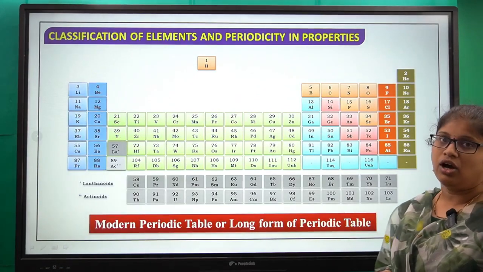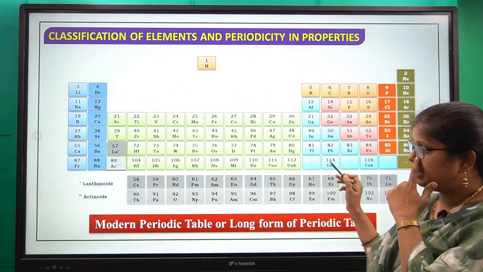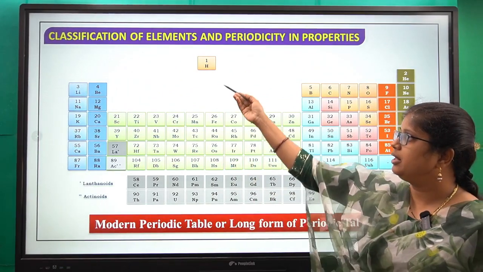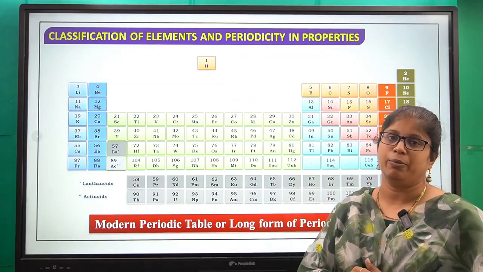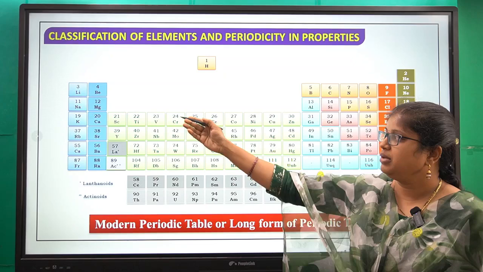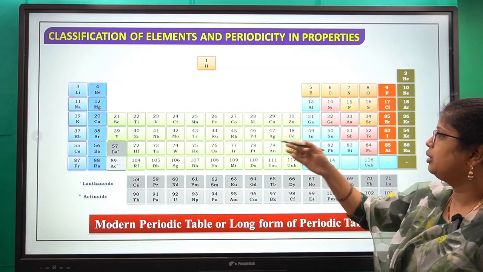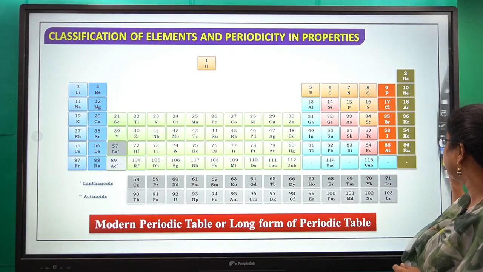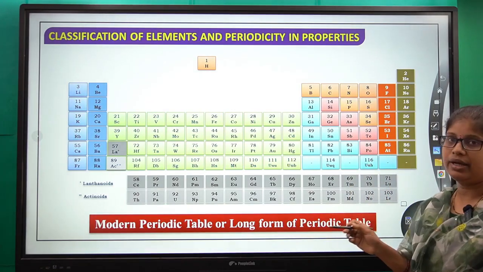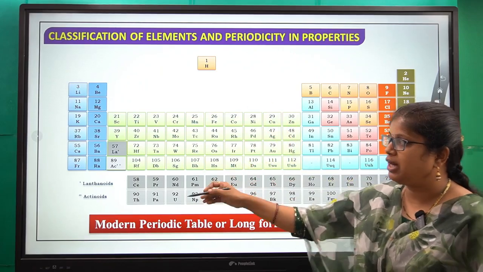This is the long form of periodic table. So here, if you clearly observe, again mostly they have not given a proper place to hydrogen; it is at the top. And here from lithium to neon, sodium to argon, potassium to krypton, like this all the elements are arranged. Same like Mendeleev's periodic table, here also we are having